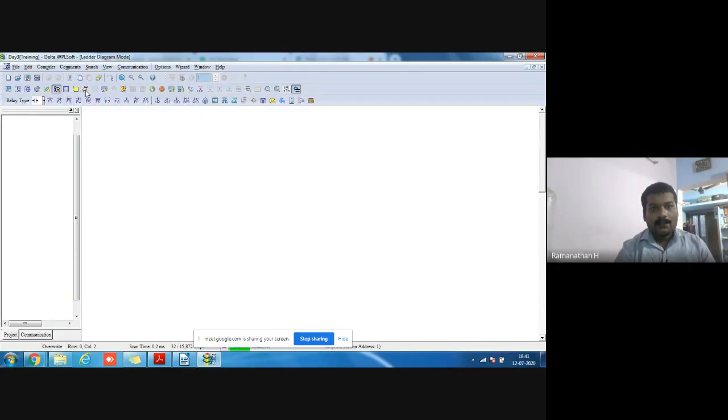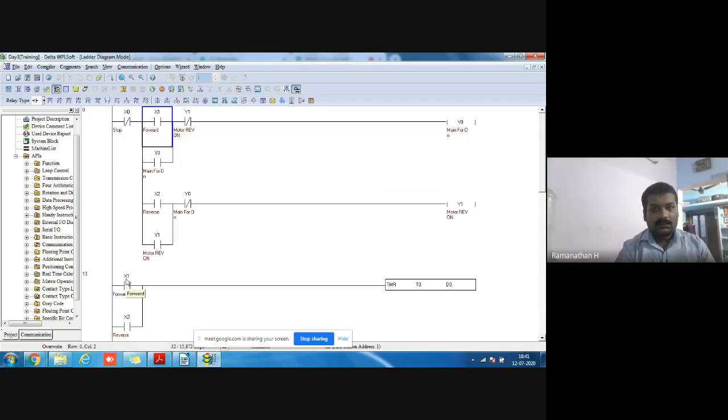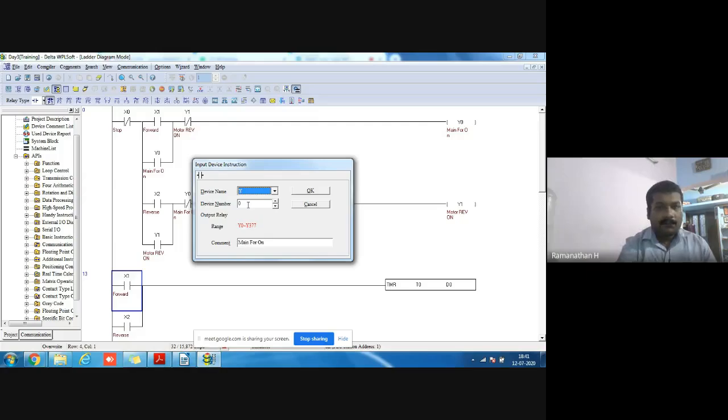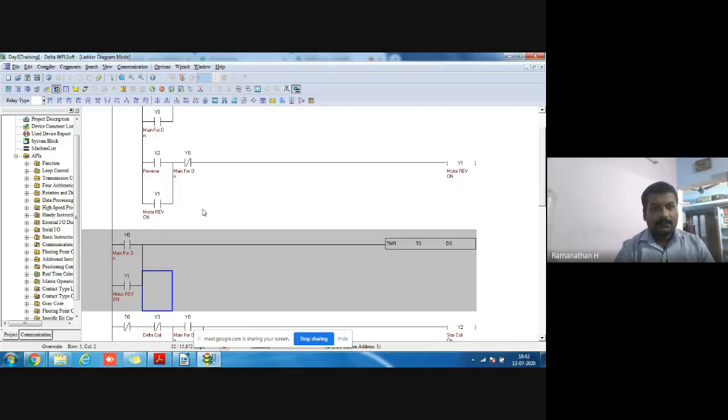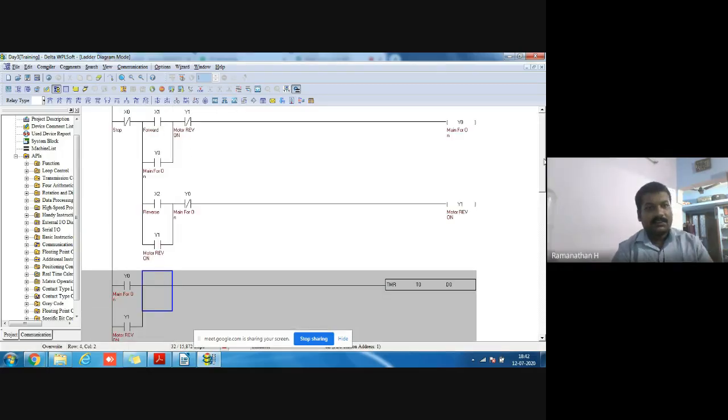Okay. Then what statement? We change one thing here. Put the point. Here also there's a latching input. So automatically once you release it, it's not working.